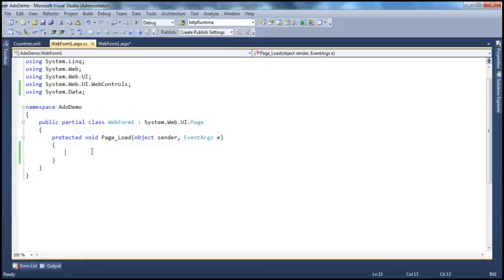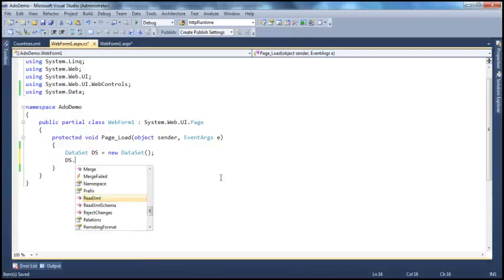So to read the data from the XML file, the easiest way is to use the dataset object. So we have the dataset object. So DataSet ds is equal to new DataSet. And by the way, this dataset object is present in the System.Data namespace. So make sure you use this using statement. Alright, so once I have this dataset